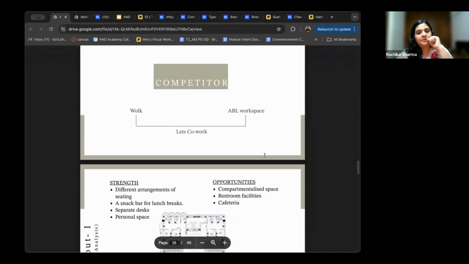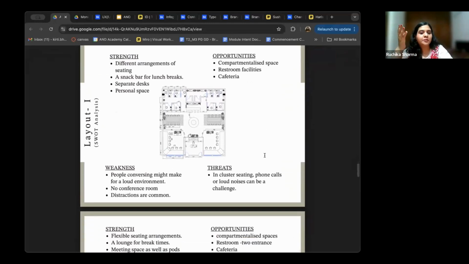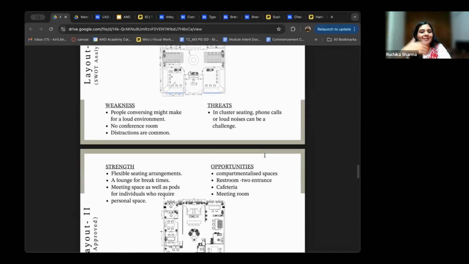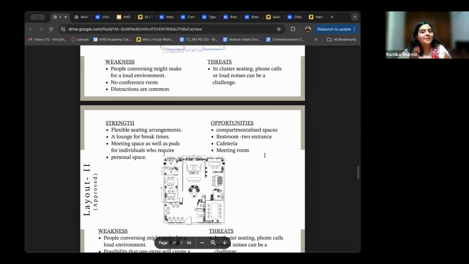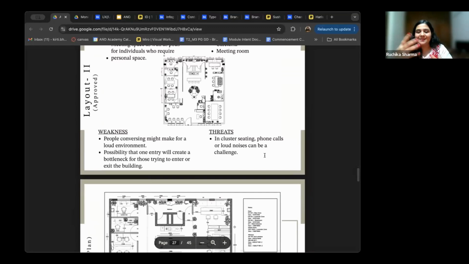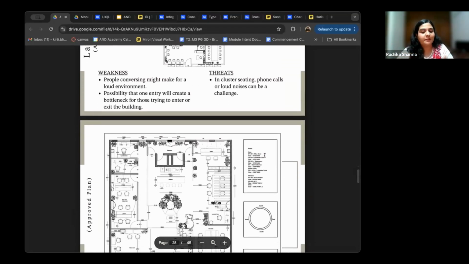Okay. So again, like we saw earlier for the residential project, they've also conducted a SWOT analysis for this site. They've planned multiple layouts depending upon what should be situated where. They've tried to analyze what is the strength of each layout, weakness, opportunities, what could be the threat to each layout. So in such situations, what also happens is you try to consider where the road is, where the wind direction is. These are a few things that we keep in mind while designing as interior designers for physical spaces.